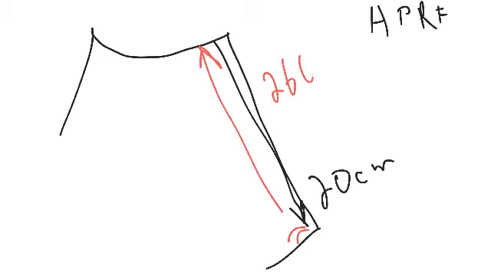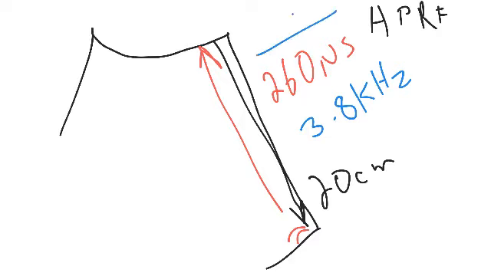image. So at 20 centimeters deep, it takes 260 microseconds to do the complete round trip where we get an echo back from the deepest portion and it comes back. So that's 260 microseconds. And at that rate, at that depth, the maximum pulse repetition frequency we can have is 3.8 kilohertz, which is just 260 microseconds if you take the reciprocal of it. Okay, so we're limited to